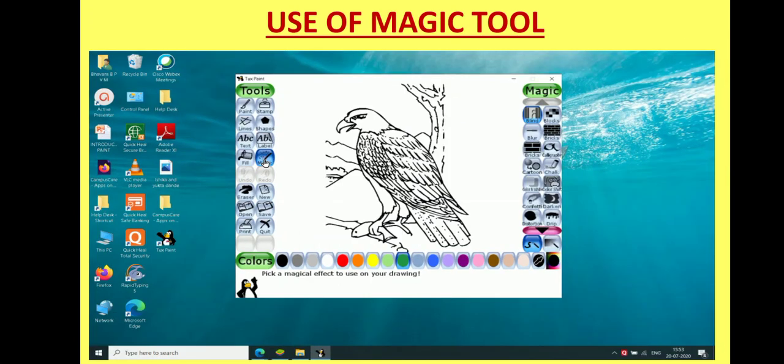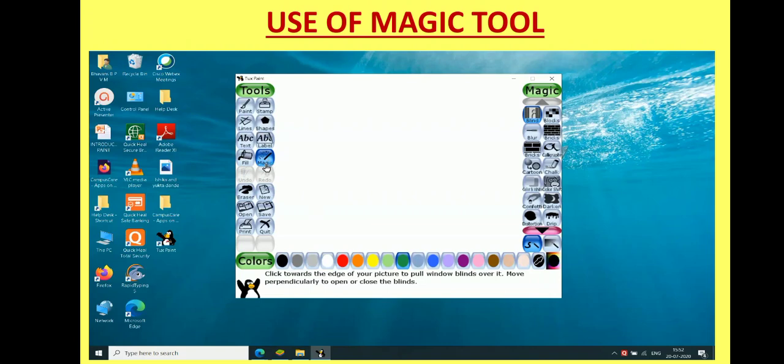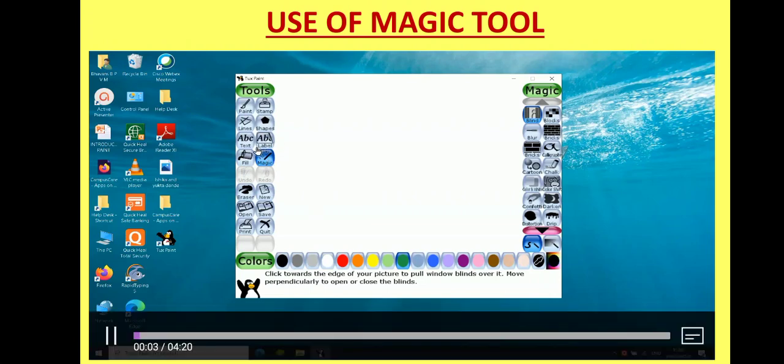Magic tool. As the name suggests, it is a very good tool of Tux Paint, and I personally like this tool. If you want to use magic tool, then let us see how it can work.